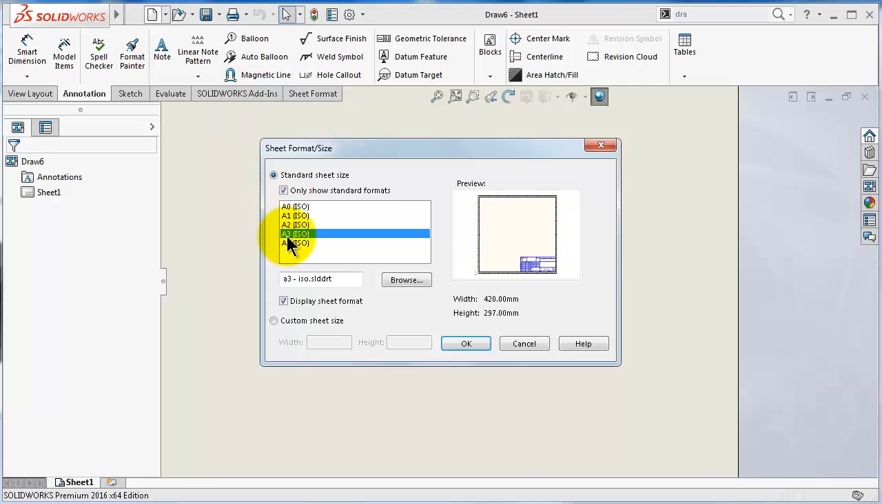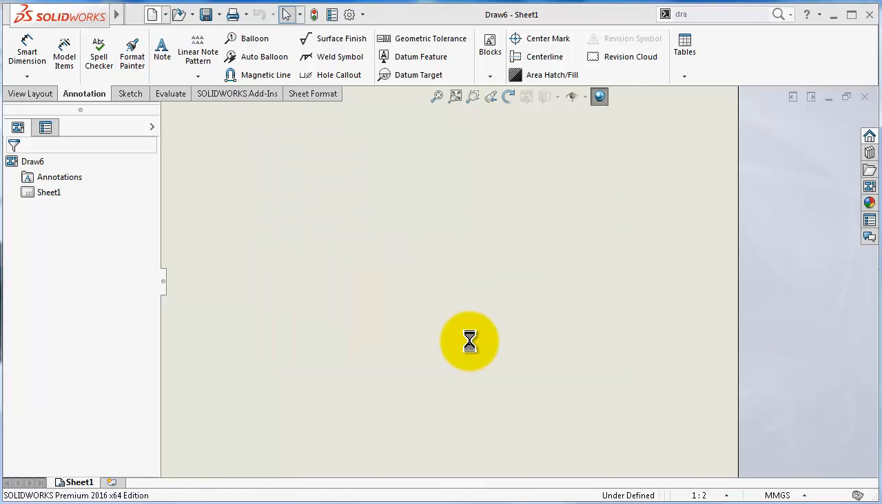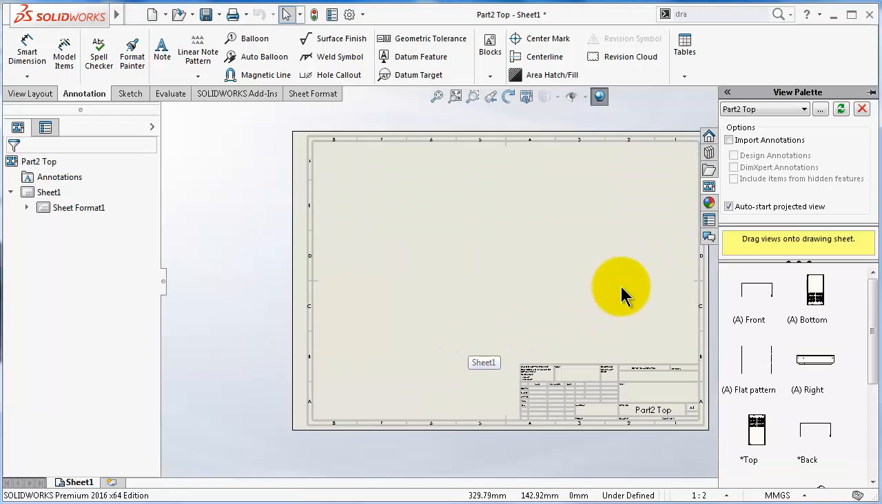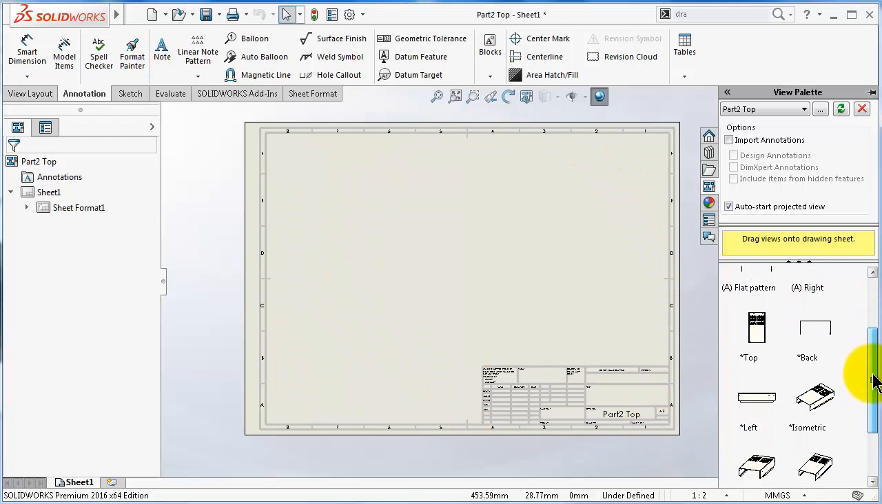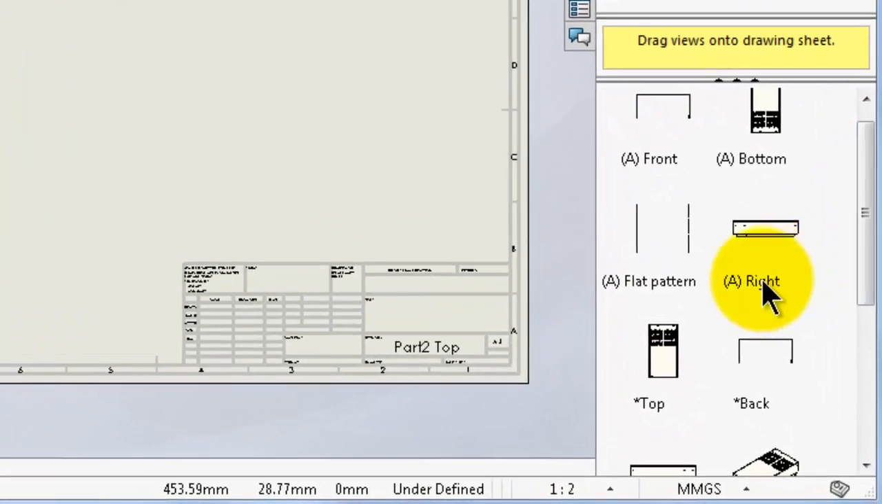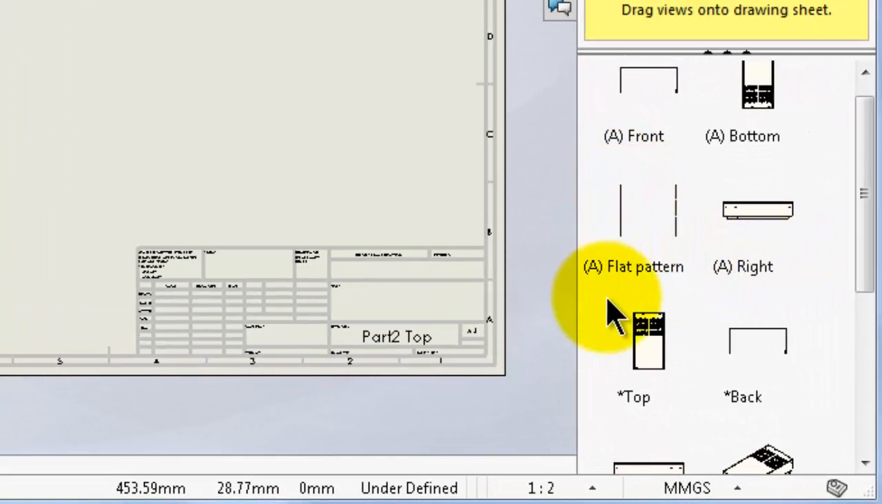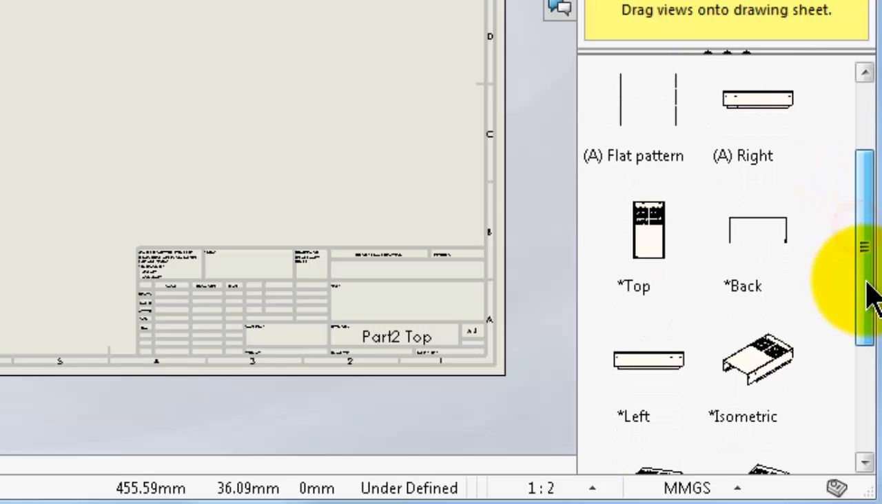And here we will choose A3, the most popular one, click OK, and here we get the sheet paper, and if you notice to the right you will have a flattened pattern. So this is new for sheet metal. We didn't see that in the solid products. So let's first make the